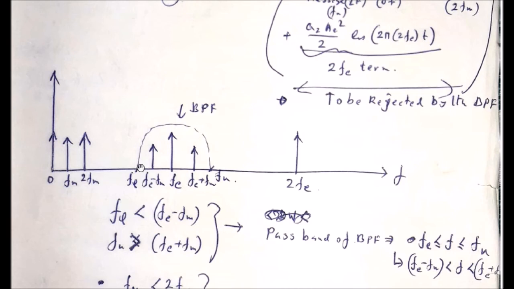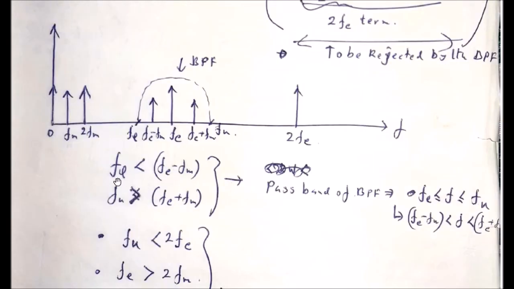So how can you do that? You have to use one band pass filter which will allow only the frequency components starting from FL and ending at FU. FL is the lower cutoff frequency of the band pass filter, and FU is the upper cutoff frequency of the band pass filter. The lower cutoff frequency should be just lower than the lower sideband, and the upper cutoff frequency should be just greater than the upper sideband. So this will be the pass band, and any frequencies beyond FU and smaller than FL should be rejected.